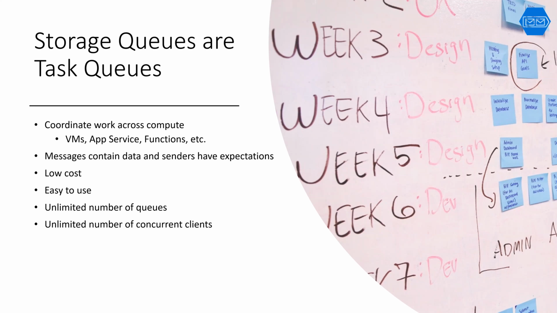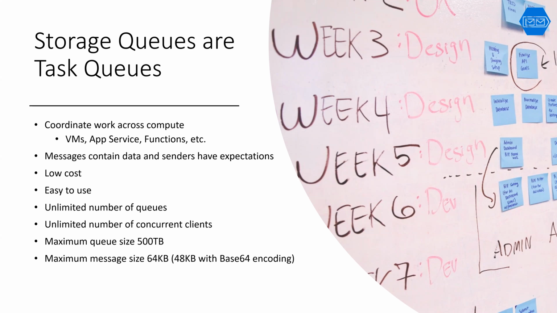Now, while the queues are unlimited, the number of messages that can be found within a single queue is limited to a size, not a number itself, which is 500 terabytes, and that's huge. Normally, you would strive in your applications and systems not to store that many messages, especially because these are tasks. They're supposed to be executed, but storage queues, having the word storage in it, definitely allow an excessively large number of messages to be stored.